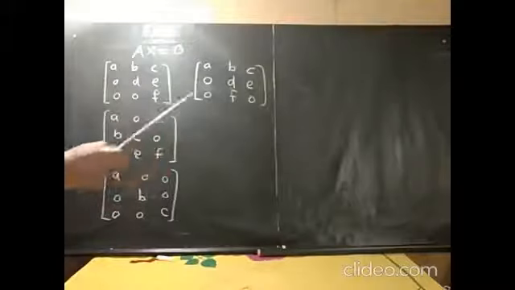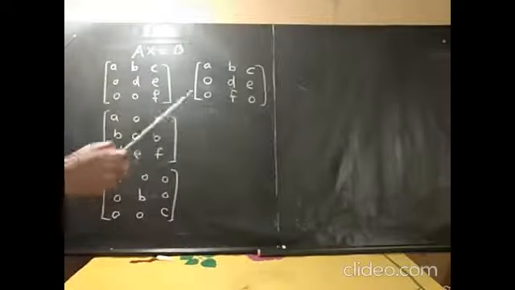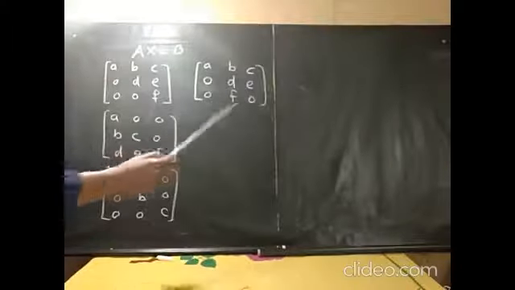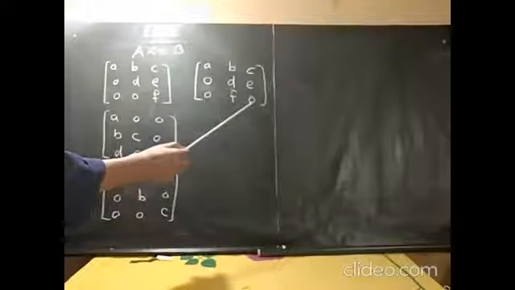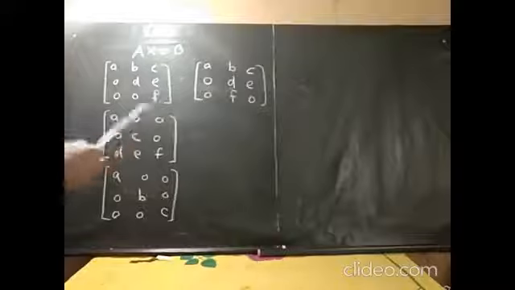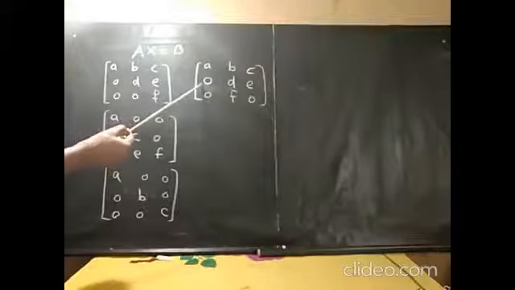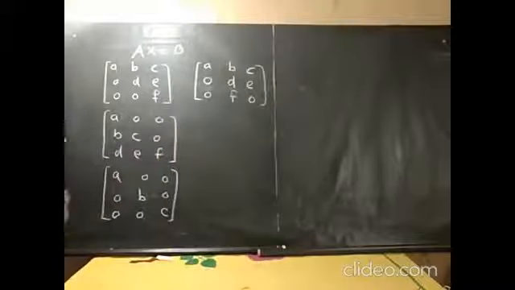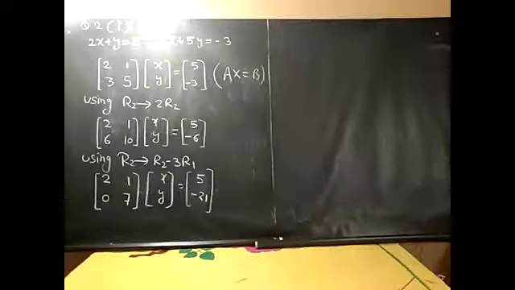This will also do. Means what your target is, you try to make two elements of one of the row 0 and one element of other row 0. Try to make this. This is you are supposed to do. Is it clear? This is, children, from exercise 2.3 question number 2, the first one. It's very simple. I have solved it.